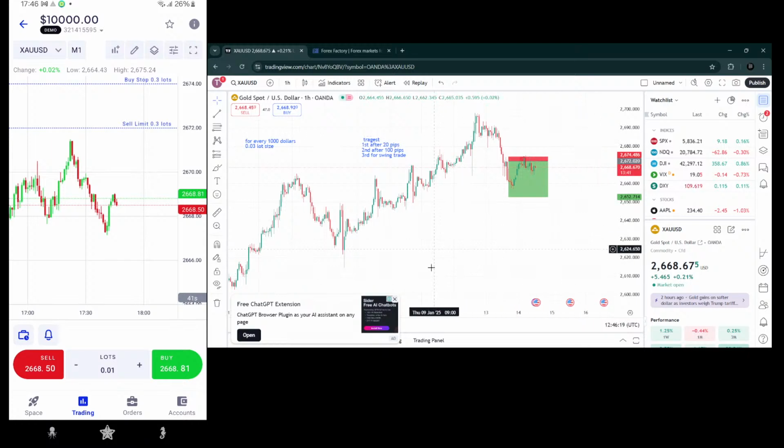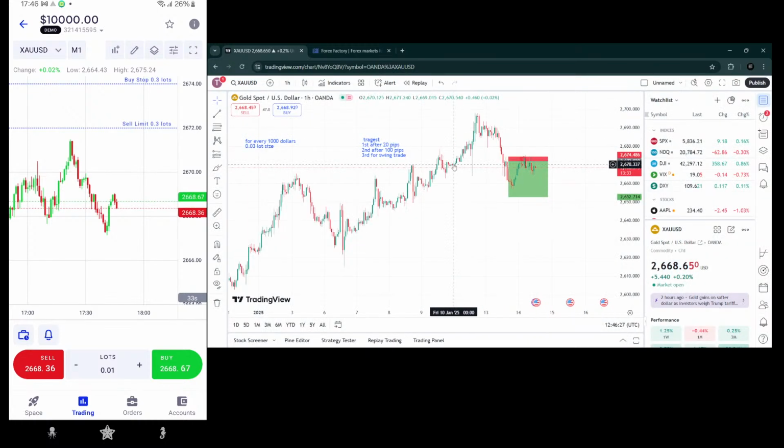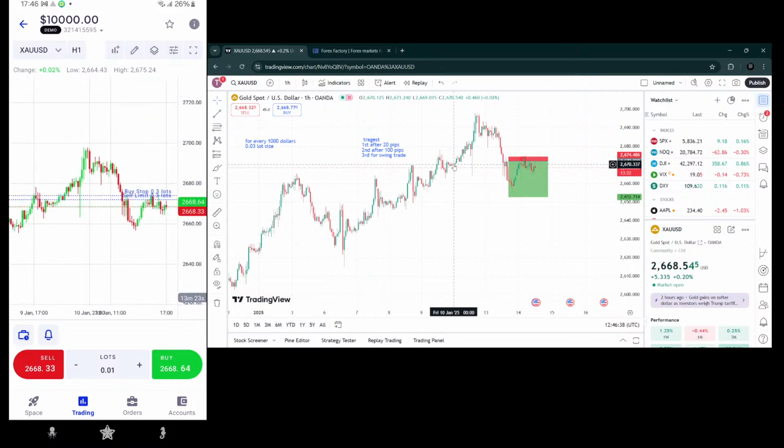Right now, the market is very slow. And every time, you don't have to go with a smaller time frame. Always go with a higher time frame like H1 or H4, because if you want to see the clear picture, it always comes in the higher time frame, not in lower time frames. So always use H1. I always use H1,